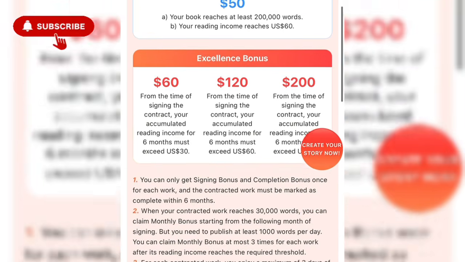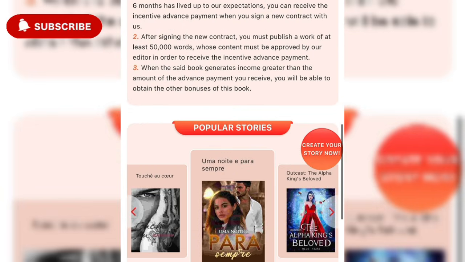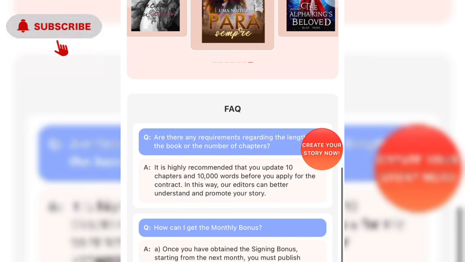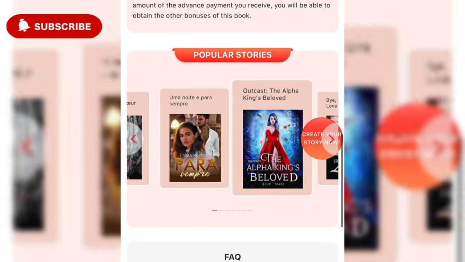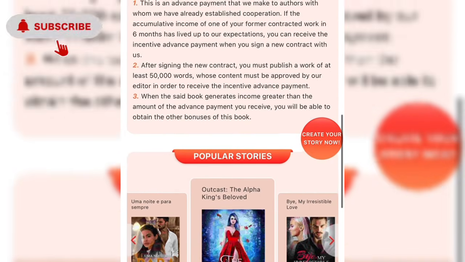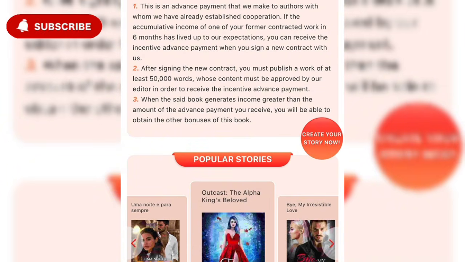You get my point? So now the revenue share, check it out. It's also 50%, 50% revenue share on Mobile Reader. You're also going to be getting your signing bonus if you get an exclusive contract. Just read the rules and regulations, every single thing that you really need to know about a particular platform.